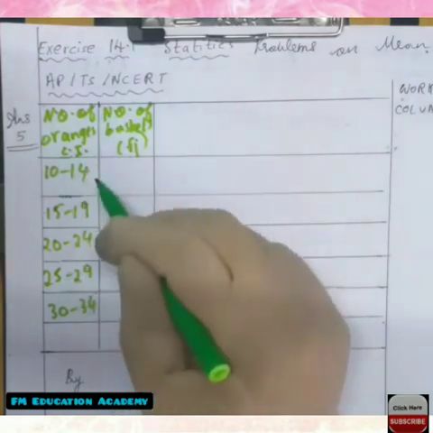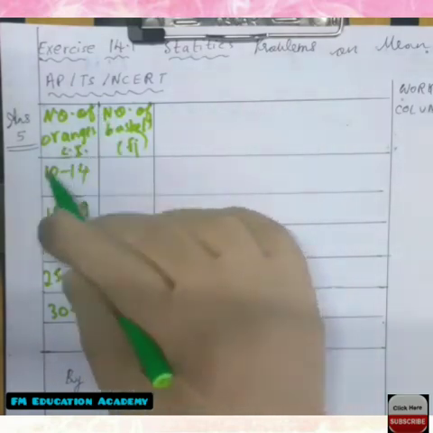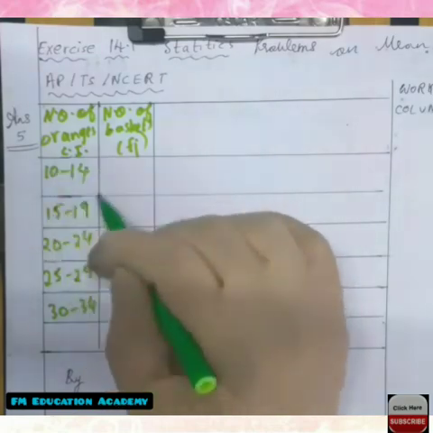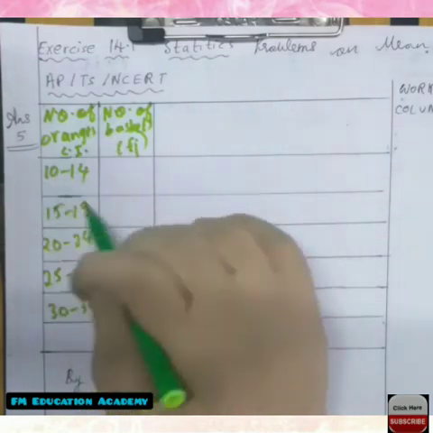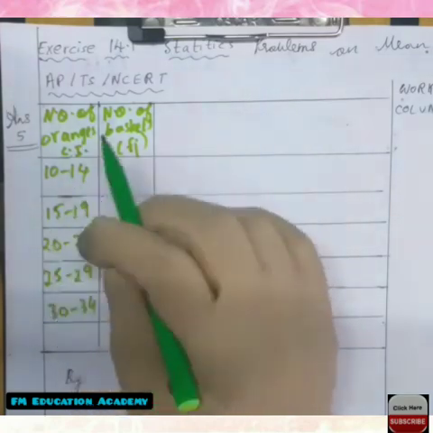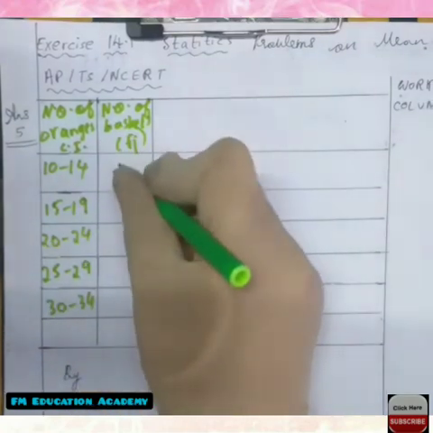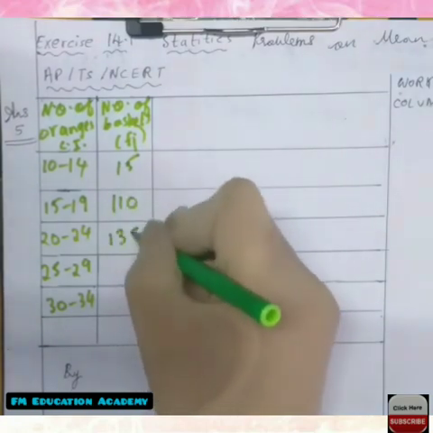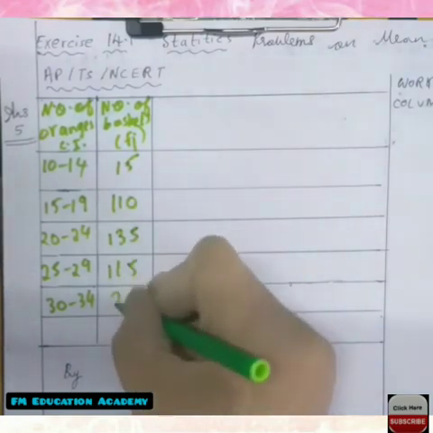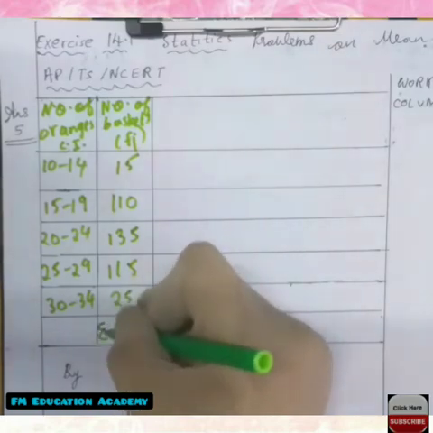Okay. So we can easily do it because the main thing here is the height should be same. That is 14 minus 10 is 4 and also 19 minus 15 is 4. 24 minus 20 is 4. That is, the difference between upper limit and lower limit should be same. Now frequency was given as 5, 10, 35, 15 and 5 in the question.